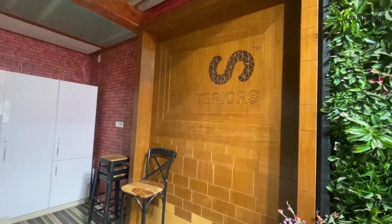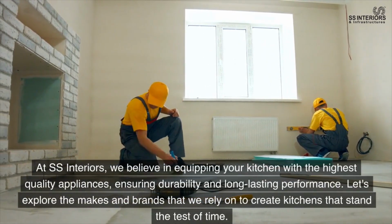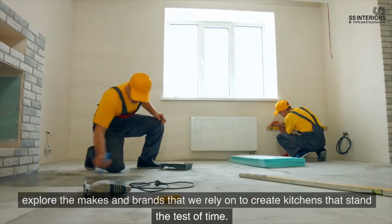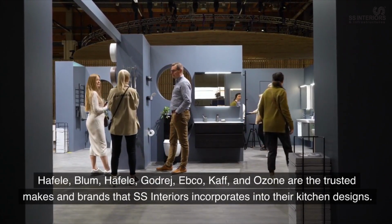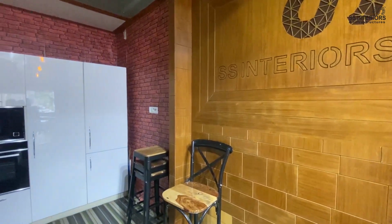At SS Interiors, we believe in equipping your kitchen with the highest quality appliances, ensuring durability and long-lasting performance. Let's explore the makes and brands that we rely on to create kitchens that stand the test of time. Hafele, Blum, Godrej, EBCO, CAF, and Ozone are the trusted makes and brands that SS Interiors incorporates into their kitchen